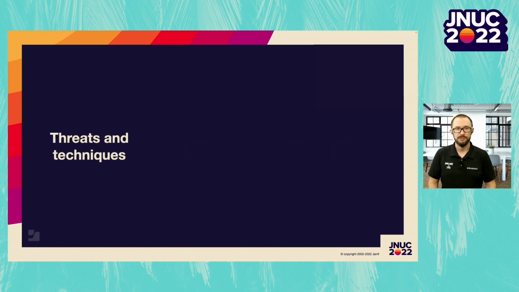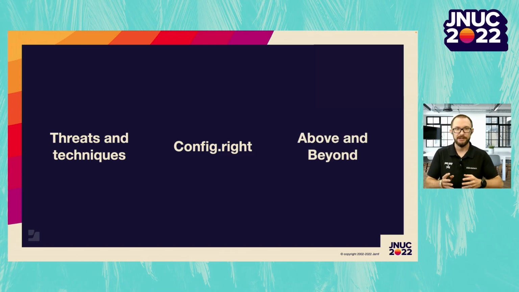When you have finished watching this session, you will understand what threats and techniques conditional access does and does not protect you against. You have learned how to configure conditional access within Jamf Pro and Microsoft Intune in a secure, manageable, and efficient way, and how to avoid common mistakes. And finally, you will be inspired to first and foremost start this journey, since many of you likely work within organizations where you have access to these solutions today, with Jamf Pro and Microsoft Intune, but also continue above and beyond these basic configurations and ensure that conditional access is a core component for your organization's zero trust strategy.